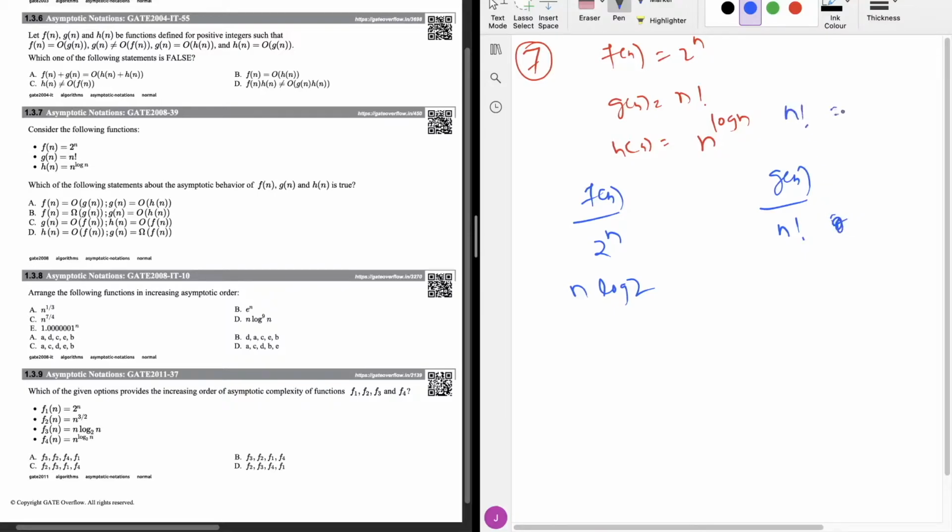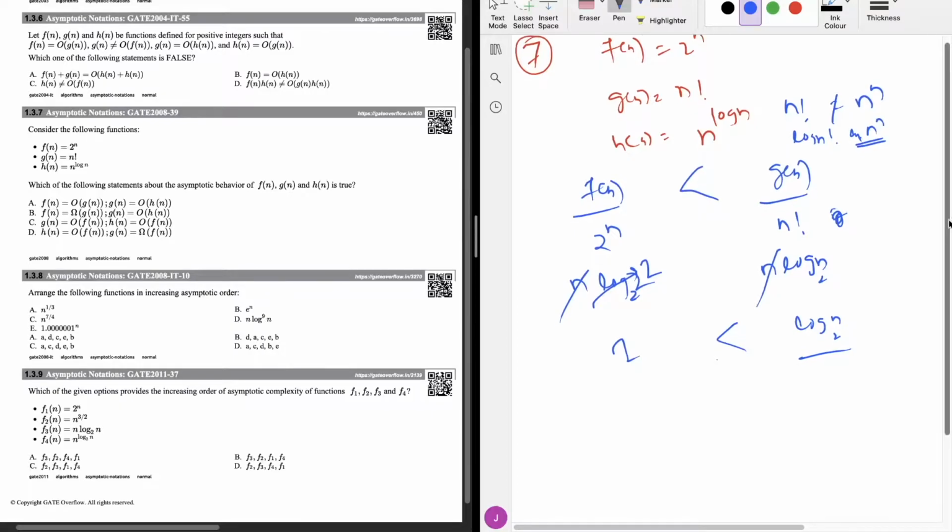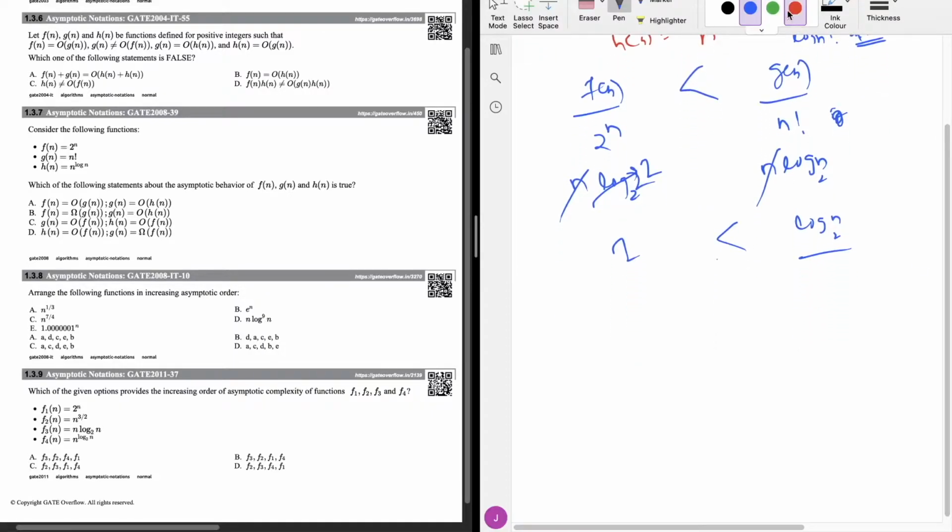You have the idea, right? n factorial is not asymptotically equal to n power n, but log n factorial is equal to log n power n. So according to that, I can write n log n, because n power n can be written as n log n. Now I can cancel out these two n's, and if I take base 2 here, this can be converted to 1, and this will be log n base 2. So log n base 2 will obviously be greater than 1. That means f of n is smaller than g of n. This is the first thing we can derive from these two statements.